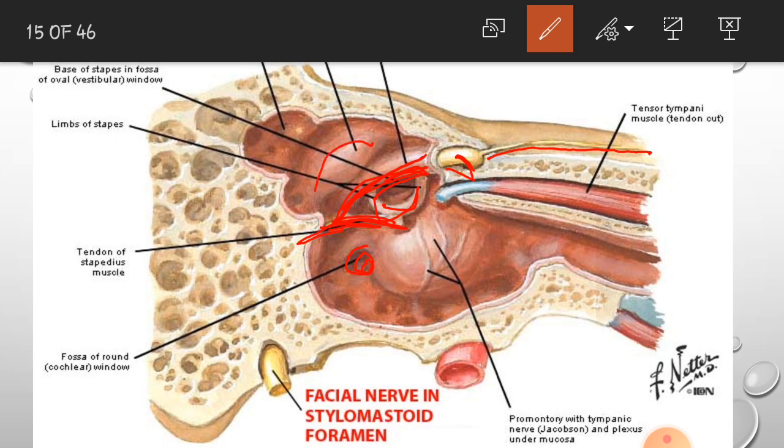Now here this elevation is made up by the lateral semicircular canal. This is also a part of the internal ear. So I'm not going to discuss right now what the lateral semicircular canal is. I just want you to know that these elevations are produced because of the structures of the internal ear, and this structure is made up by the basal turn of the cochlea. This elevation is made up by the lateral semicircular canal, okay.